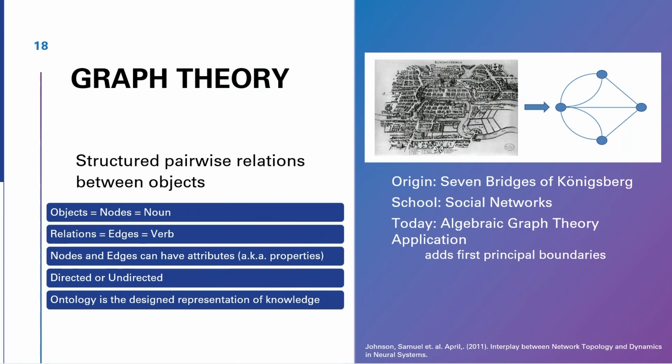But if I'm looking at my HR system, right, I move from one job to another. It's not an arbitrary thing in which direction I go between role A and role B. And for those of you that are really nerdy, this is going to be an application of algebraic graph theory, and this is just adding in a first principles element, right? We want to make sure that we have the right constraints so that we don't have a model that's predicting someone will go immediately from an entry-level position to the CEO.